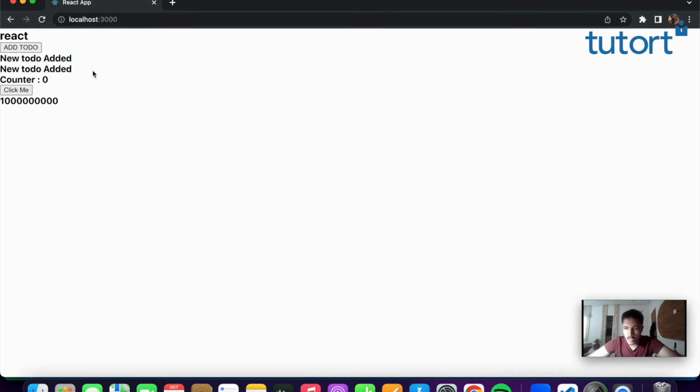Yeah, so as you can see, again we are getting the new todo added into our todo list, but it's taking some time, a delay of let's say 2 seconds or 1.5 seconds, and then it's showing us the output. The reason being, as I told, it re-renders whatever is inside the return block, and again this triggers the expensive function. So for that reason, even though the counter is not increased,